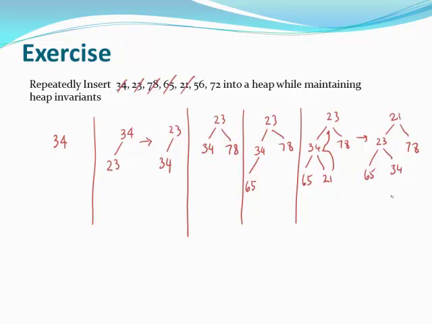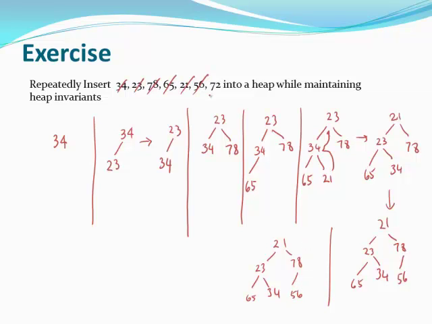Once you insert 56 into this, we start 56 here, but 56 is in the right place, so we don't need to do anything there. The next element is 72. 72 goes here, but since it's smaller, it must move up to the 78 place. So the final heap would look like 21, 23, 72,